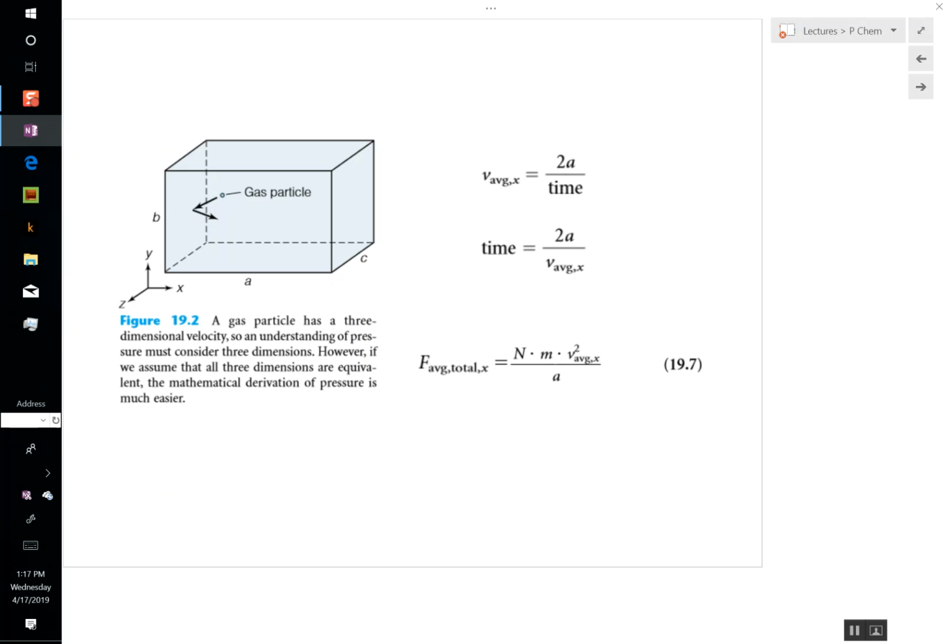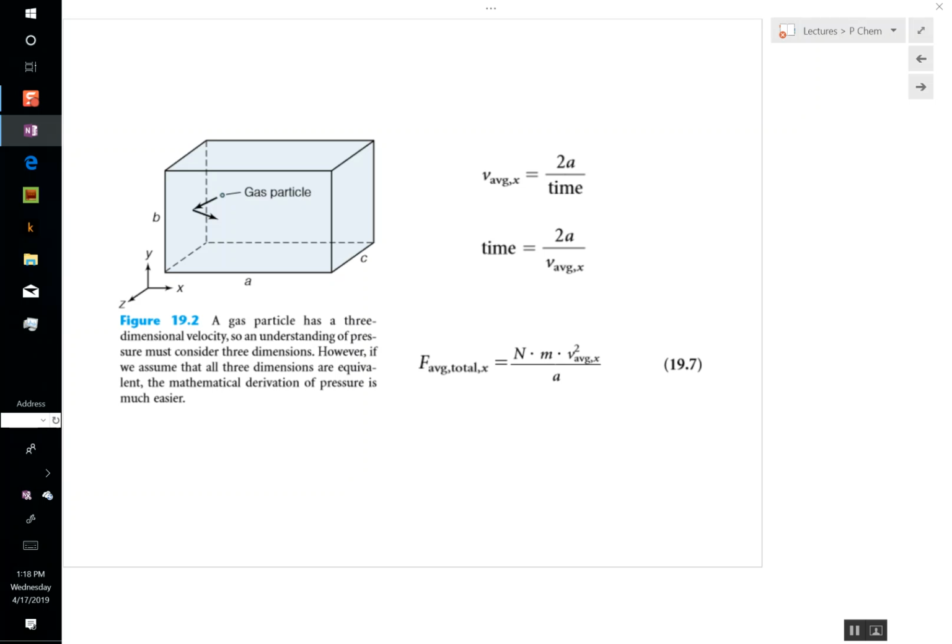So going back to that original equation, the F average total in the x direction is the total number of them, the mass of each one of them, times the square of the average velocity in the x direction, divided by